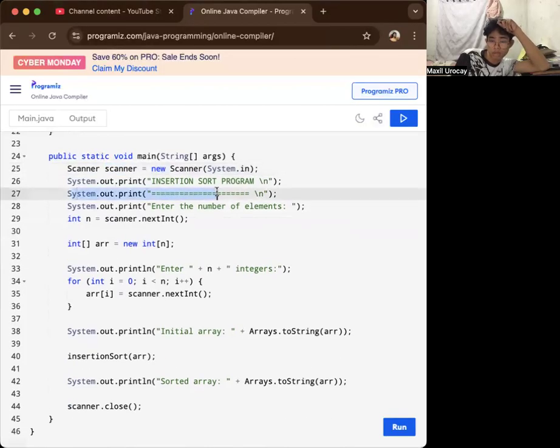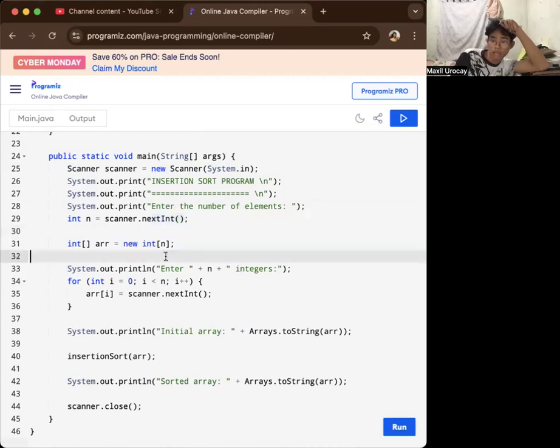Now we print out the insertion sort title, and we let the user insert the number of elements. And here, int n = scanner.nextInt. So this reads the number of elements from the user